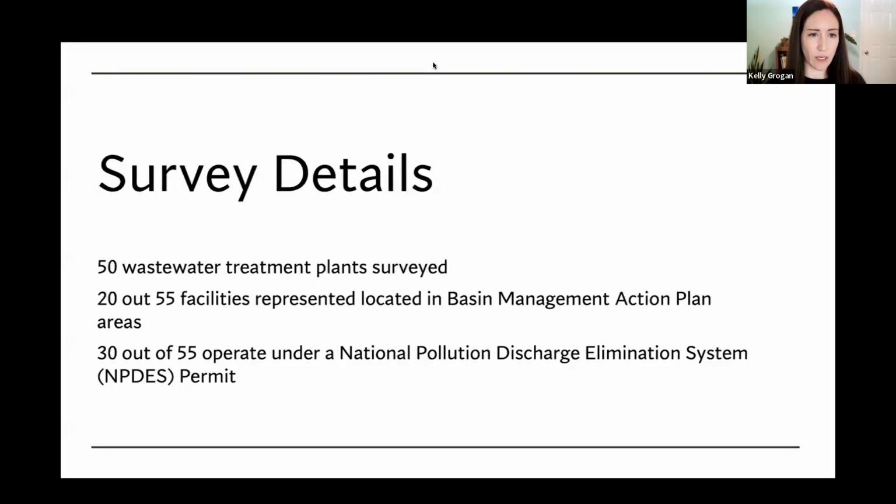And so again, we surveyed our wastewater treatment plants. We've got 50 respondents. Some of those respondents had multiple facilities, so we've got more facilities than respondents here. Of those 55 facilities, 20 are in those BMAP areas that Tom mentioned, where we've got strict regulations. 30 are operating under these National Pollutant Discharge Elimination System permits that regulate point source pollution. And so these facilities are our most regulated ones. They're the ones that probably will have highest demand for nutrient credits, just given where they exist and what they're